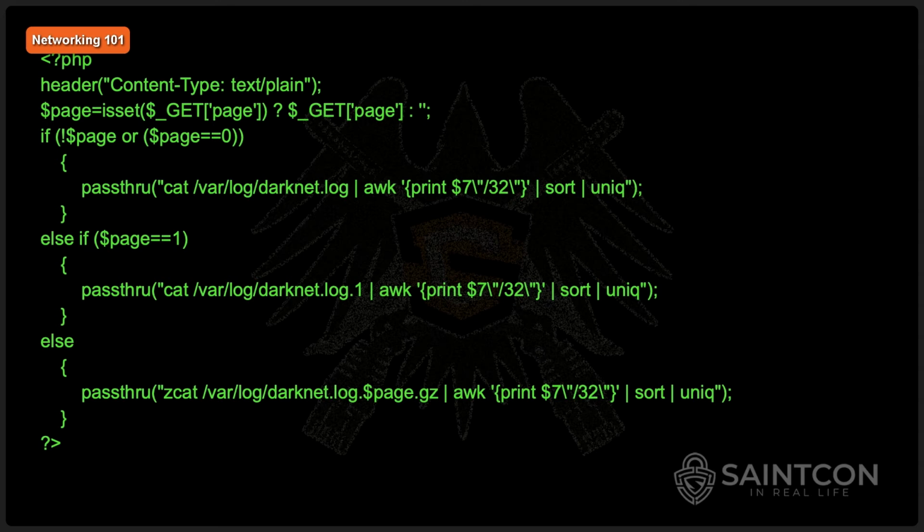Okay, so this is the particular file that we've got that is going to go through and create a list that you can then take off of that darknet log. I know this is kind of rough. It's a lot of technical detail. You're going to take that darknet log and push it into a text file,